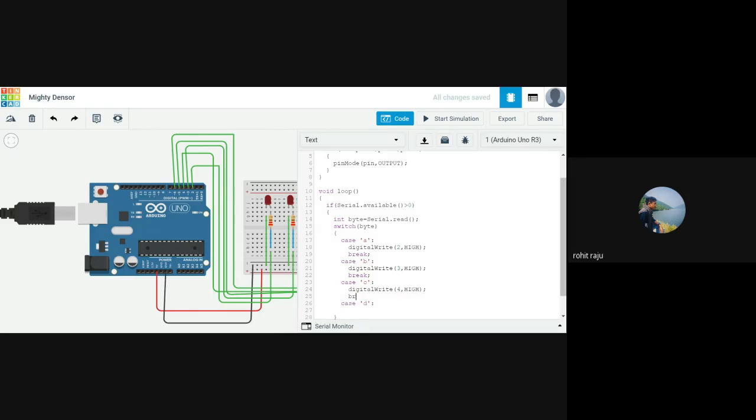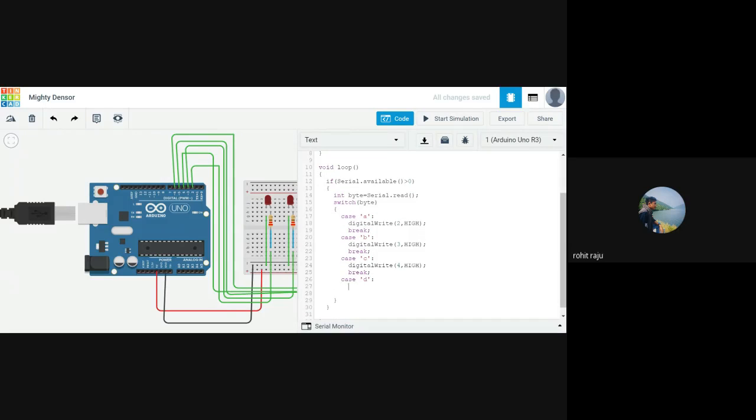That would be a problem if you don't put it. Four, 5. So this is the last. So 2, 3, 4, 5, and 6. Those are 5 LEDs.